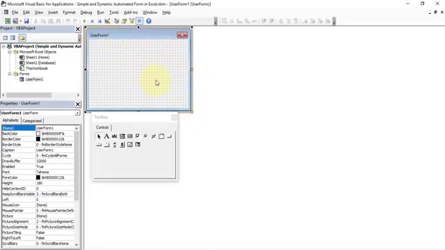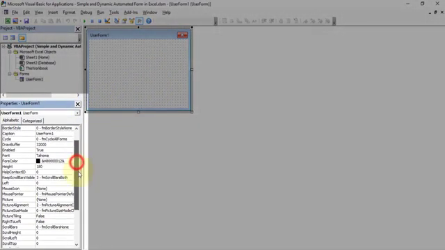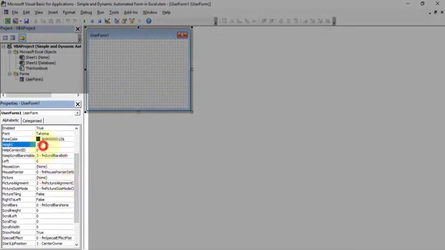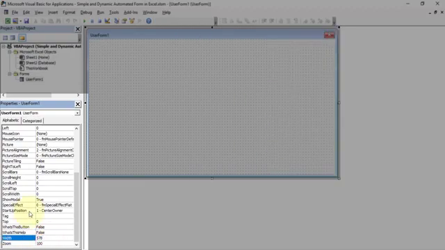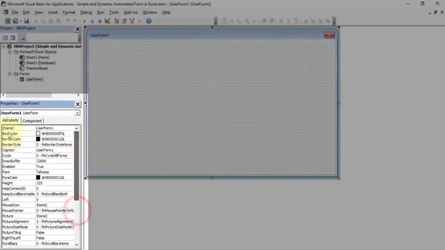Let's resize the user form. The height should be 325, so change the height to 325, and the width should be 578. Just move on top of the properties and give the name as frmForm, and the caption is basically this one, so we are going to change this.